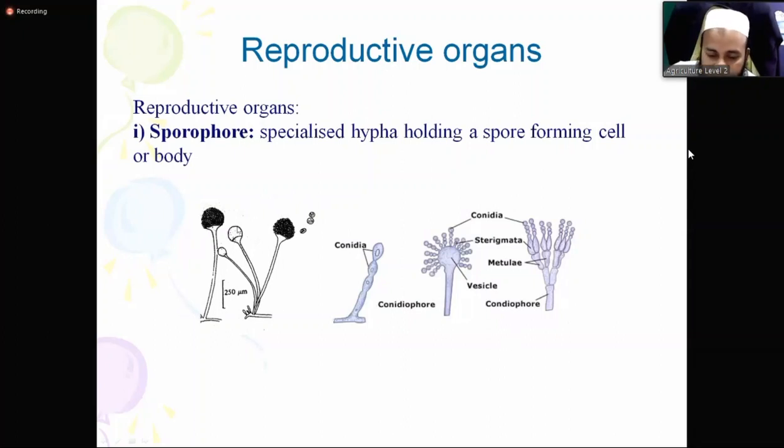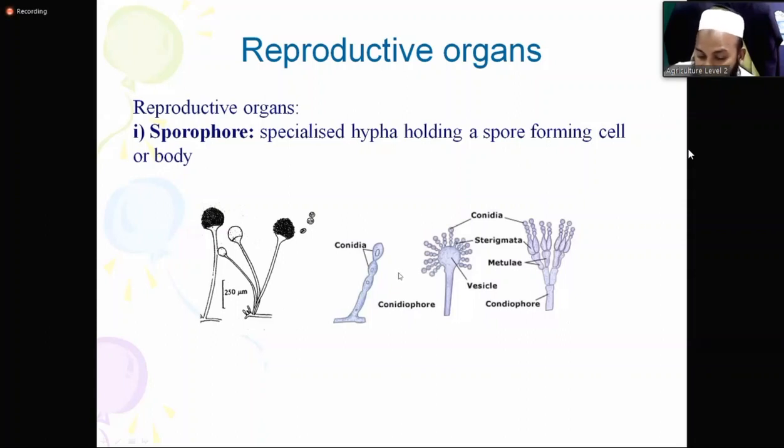So here these are the sporophore. Here another thing you can see, conidiophore. Conidiophore comes from the word conidia. You will be master of this word because every time you have to say this spore, this conidia. Nobody will teach you again. If I say conidia, you will understand what is conidia. So very easy.